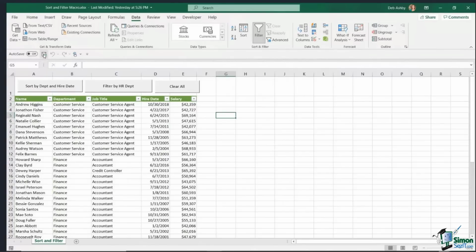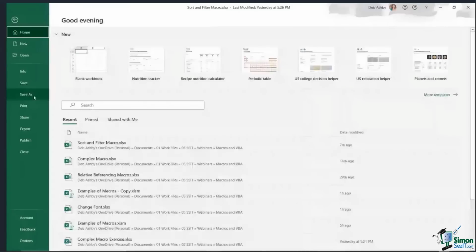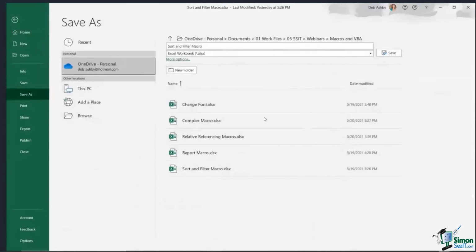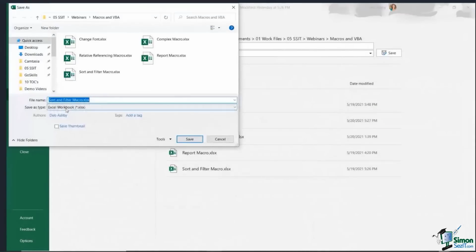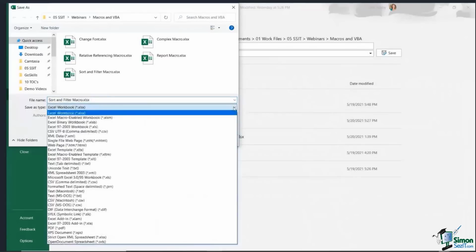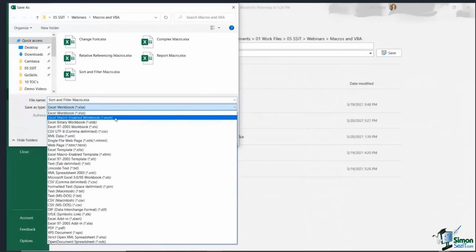But if I go to save this, it's going to recognize that I now have macros stored in this workbook, and it's going to ask me to save this file as a macro enabled workbook. So that's something you must always do. If you do have macros in your workbook, you're going to need to save it and just go down to File, Save as a different file type. So where it says Save as Type, you're going to need to save it as this, a .xlsm,